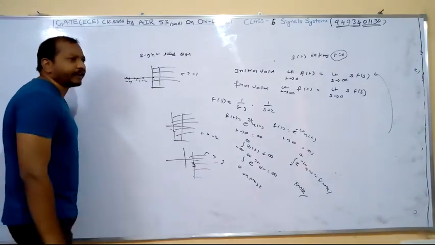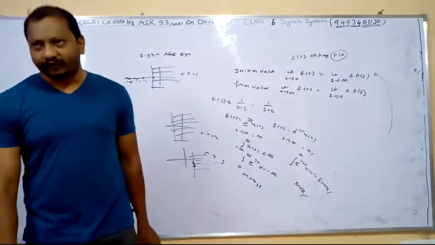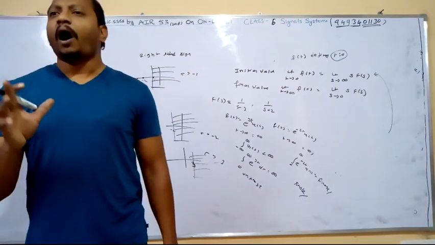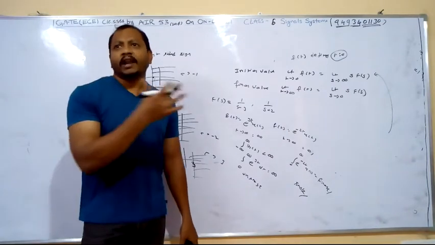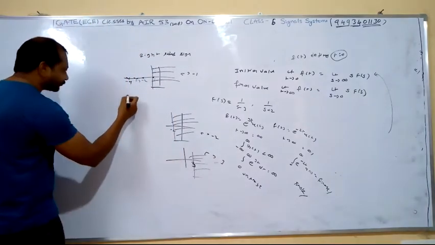Finally, we can conclude that the right-sided signal is said to be stable if all its poles lie in the left half of the S plane. If any one pole lies in the right half of the S plane,